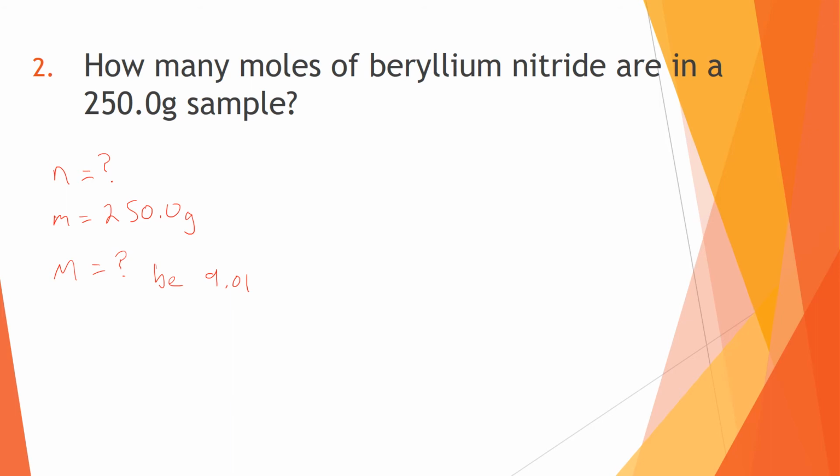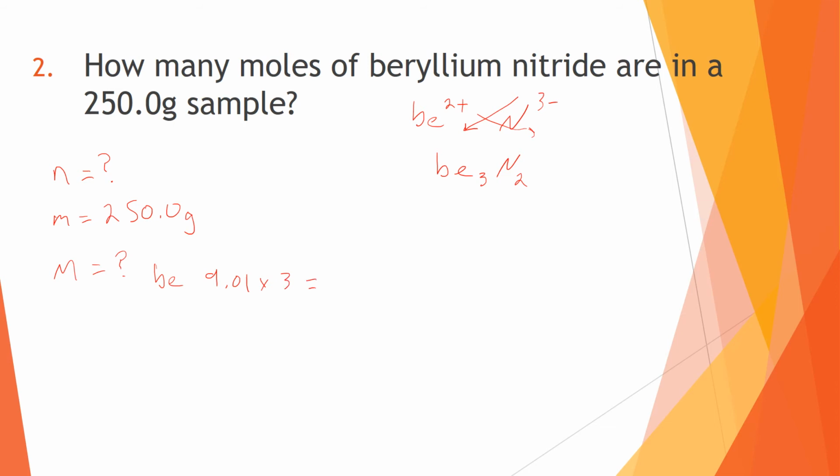Beryllium has a charge of +2, so beryllium is Be2 plus. Nitride is 3 negative. So we crisscross and we come up with Be3N2, beryllium nitride. So there are 3 berylliums, so 9.01 times 3,